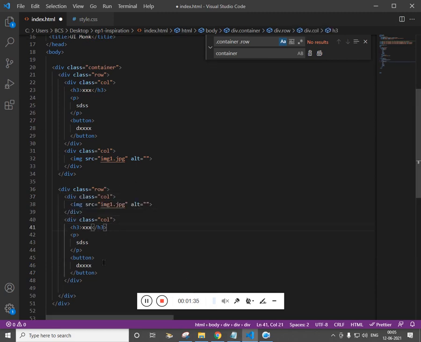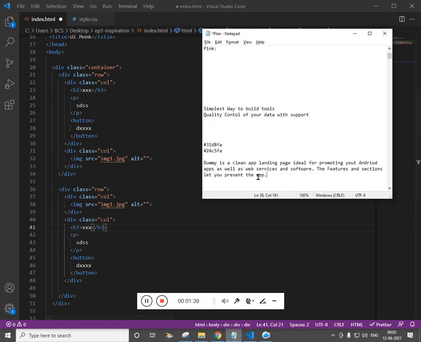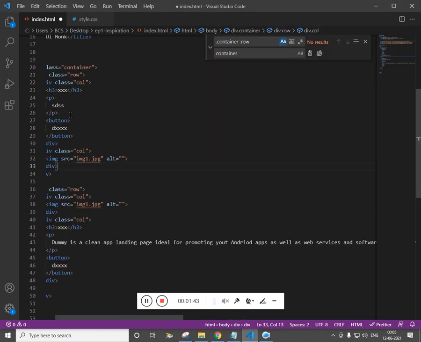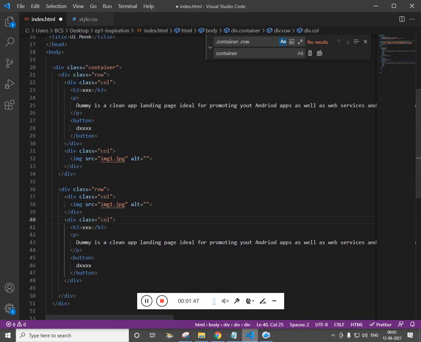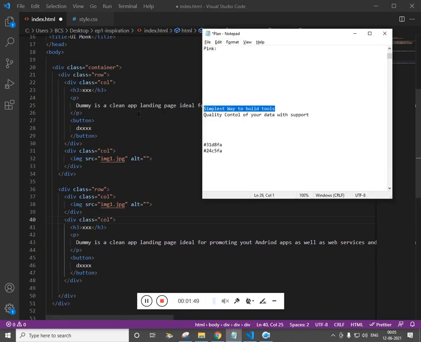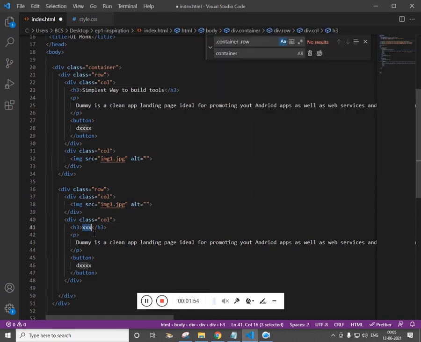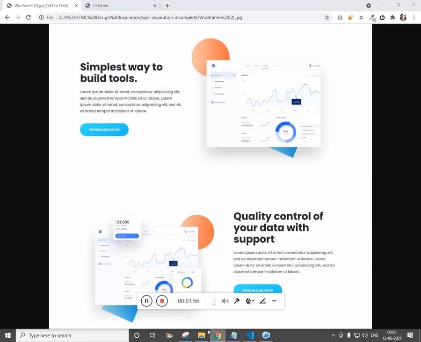Now we'll give the identity later. First just give the text for the paragraph, and for this paragraph as well. And for the h3 I have copied the text, first h3, second h3, and the text for the button.